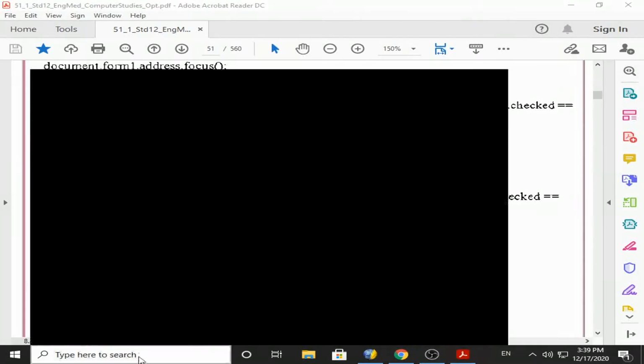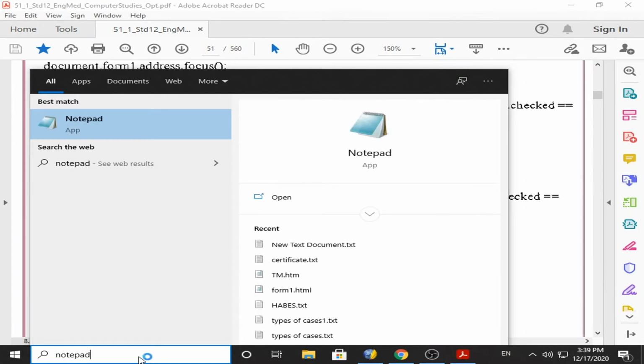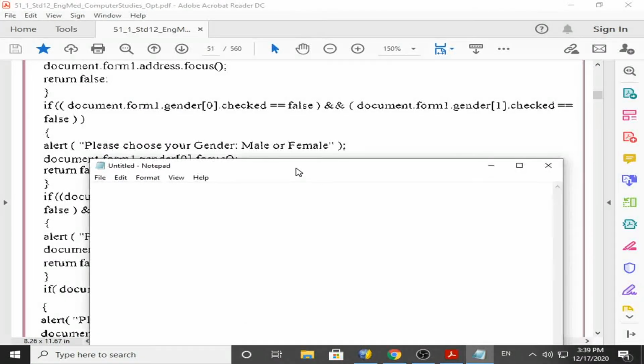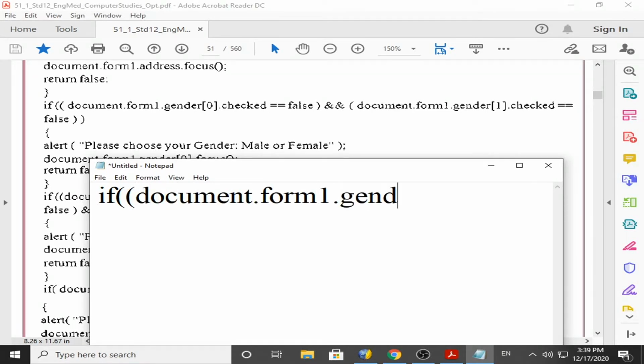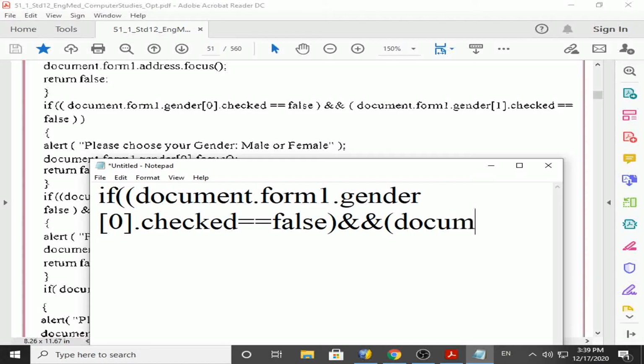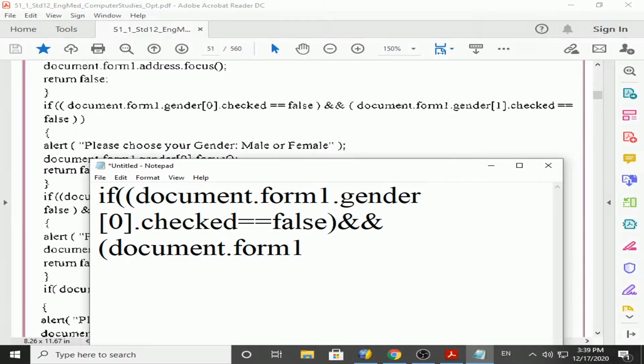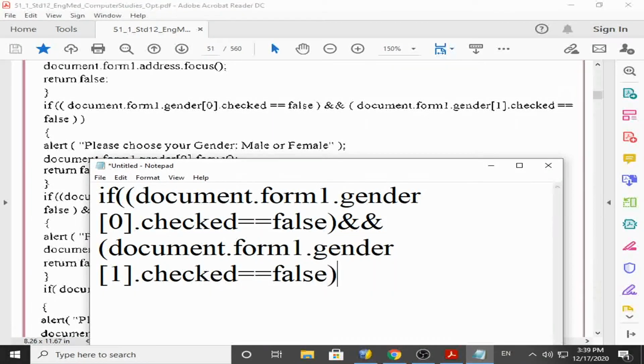I will write this if condition for you because it's not printed properly, and then I will explain how it works. Now we try to understand the if condition.